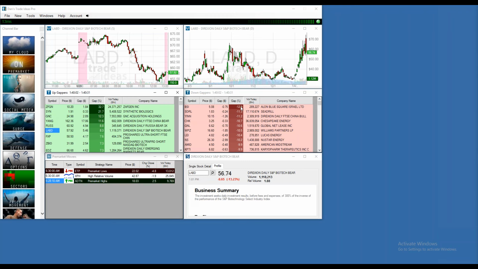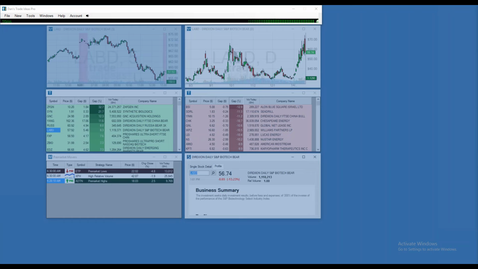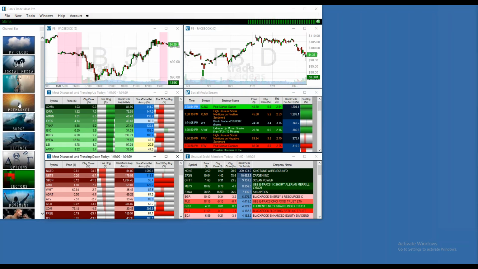What's gapping up big and what's gapping down big. As soon as the market starts, the next place that TradeIdeas is, again, what I suggest is the routine, and it's super simple, is just go on the channel that says social media. So social media really showcases a lot of cool things about TradeIdeas that right away should kind of give you pause to say, like, well, wow, are you looking at this information and otherwise?